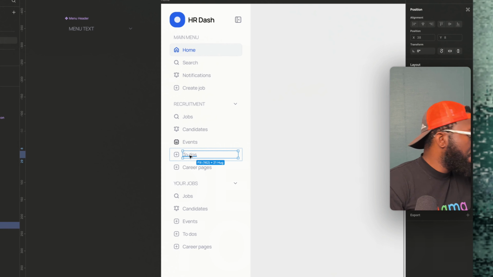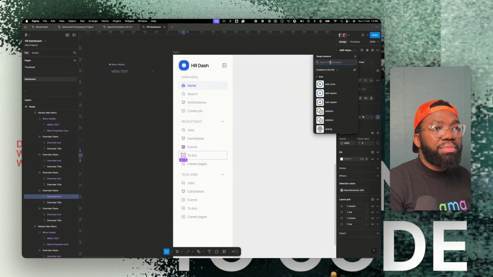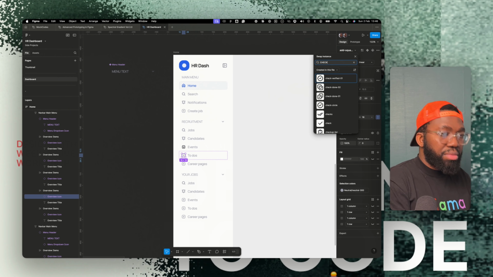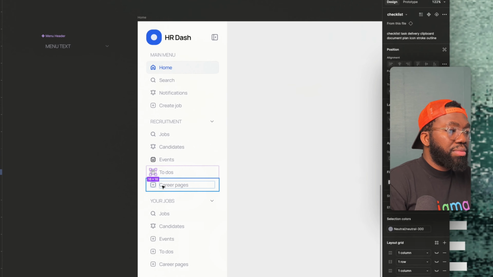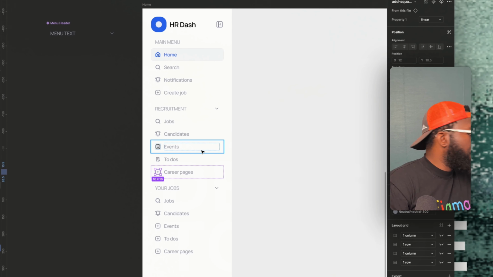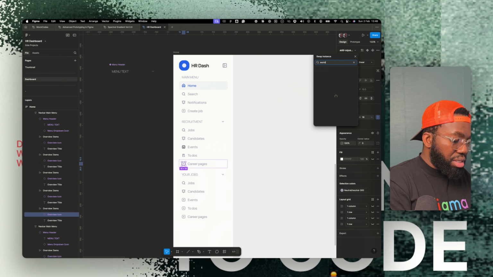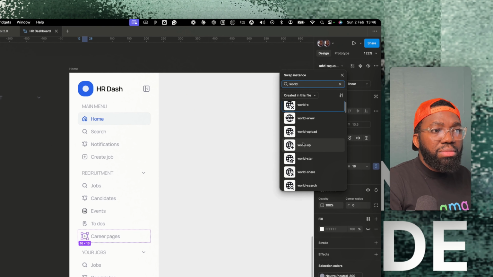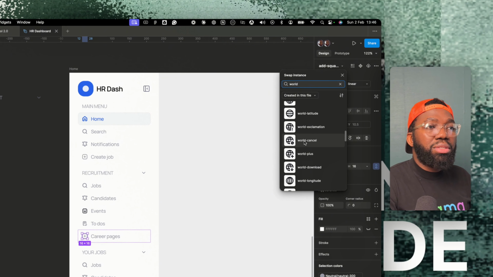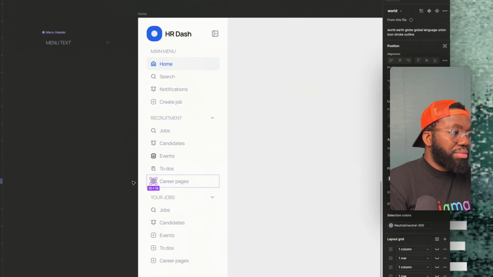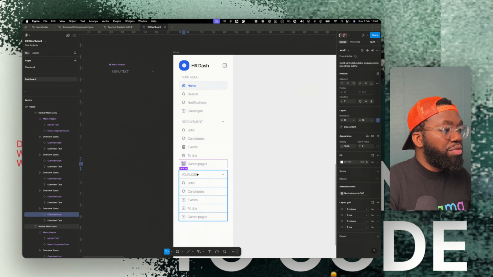For to do, let's use a checklist. For careers, let's see. Let's use a world map for this. Okay, so for jobs that you've posted,